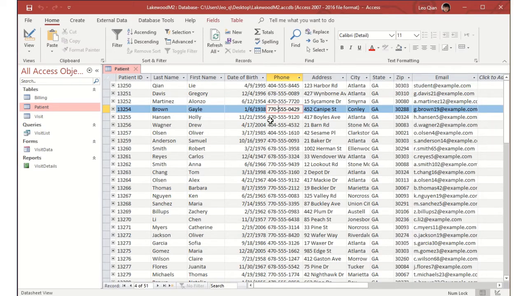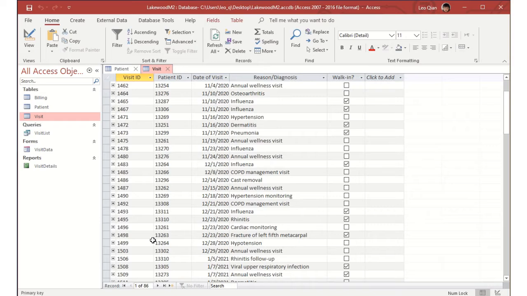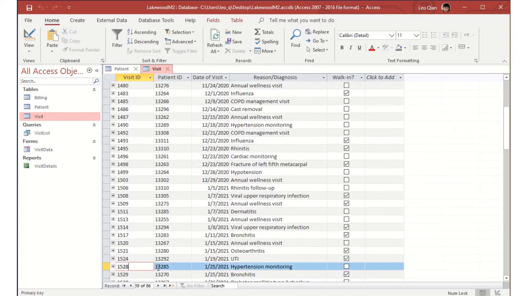You can also change data. If we go to the visit table, the spreadsheet of the visit table, and go to the record with ID 1528, this is it. In 1528, we can change the reason diagnosis. Currently, it's hypertension monitoring, which is high blood pressure monitoring, and we change it to